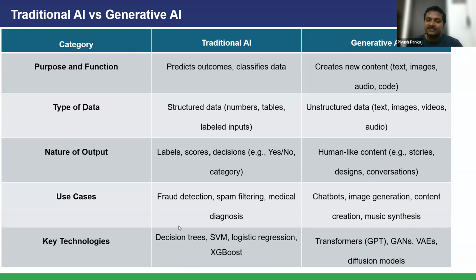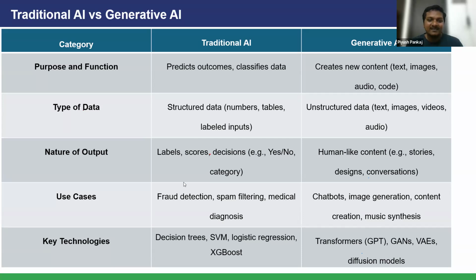If you talk about use cases where we use traditional AI, like fraud detection, spam filtering that I have talked about, medical diagnosis, whether the person has cancer or is diabetic based on the examinations. And in generative AI, mostly we're implementing chatbots and generating emails for content creation. Nowadays, we are also using it for music synthesis. Now you can generate an entire 3 minute song, audio with video, with AI.